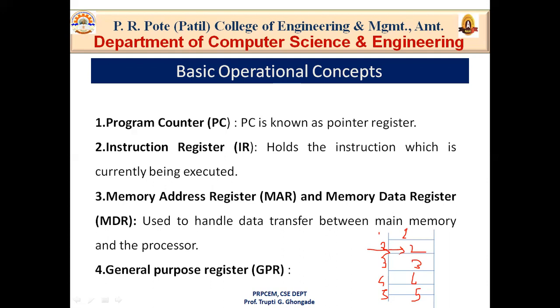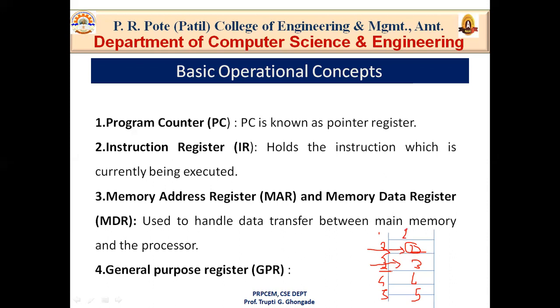So if you are executing the second instruction, PC will hold the address of the next instruction. That means while executing the instruction at memory location 2, PC will hold the next instruction, the instruction stored at memory location 3, and after that 3, 4, and 5. And that's why your program is always run in a sequential manner. It's not true always, but most of the time your program is executed in a sequential manner. The exceptional cases we will discuss later. So let's go ahead.